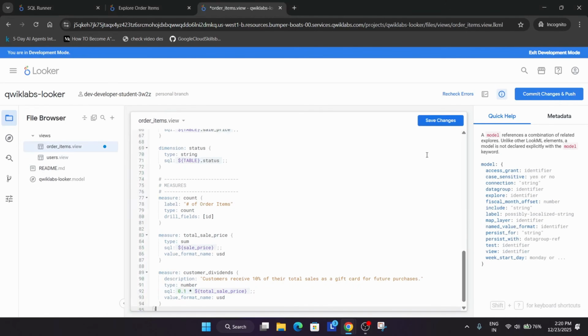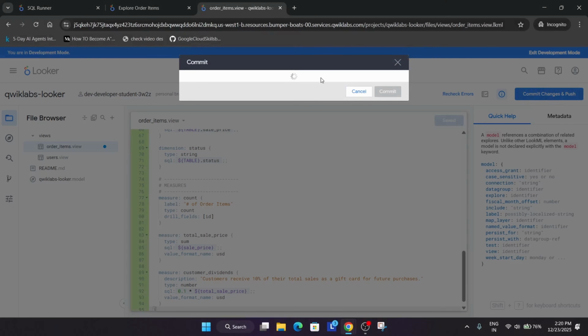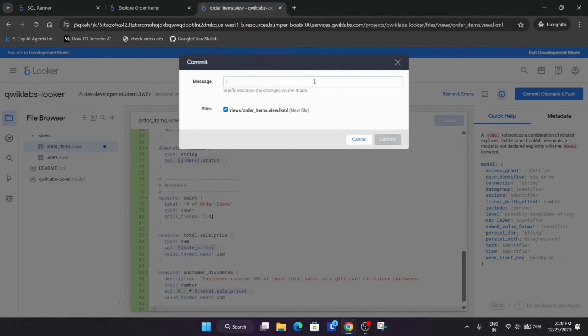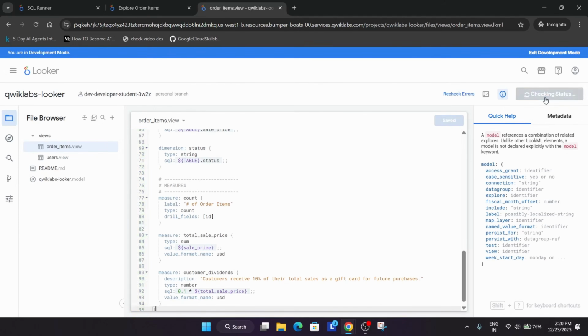Okay, just select it, save it, commit to production. You can type any message over here, like "like the video and subscribe to the channel." Once you have committed, you have to click on deploy to production. Once you have clicked on deploy to production, if you are getting this git error, then simply click on